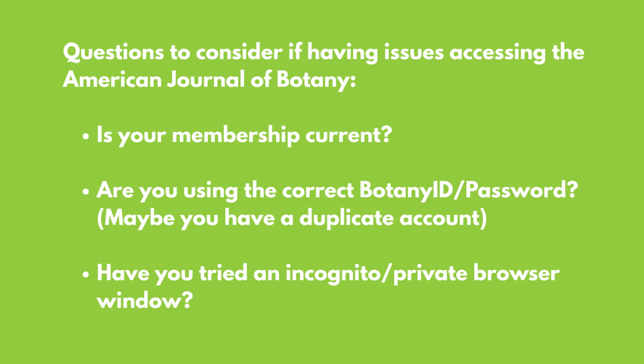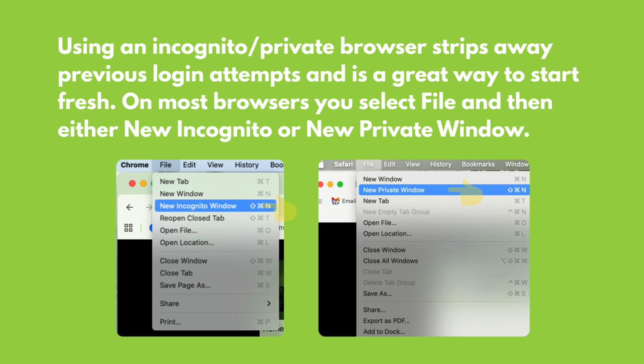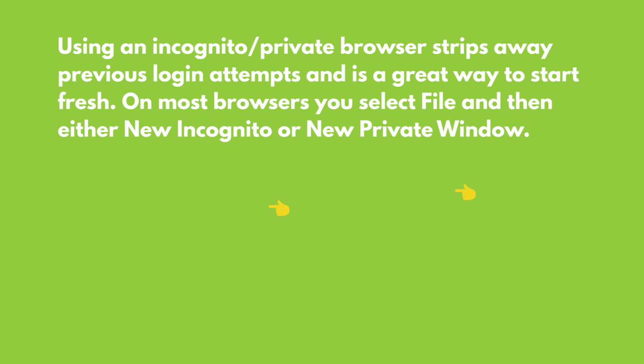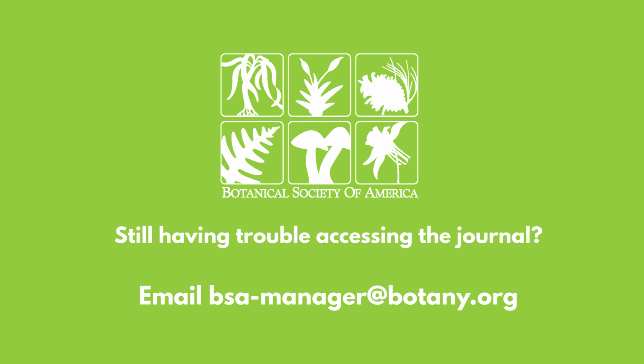If you are having issues accessing BSA journals online, you may need to confirm that your BSA membership is current, that you are using the correct ID and password, and you might also want to consider starting again using an incognito or private browser window. Using an incognito or private browser strips away previous login attempts and is a great way to start fresh. On most browsers, you select File and then either New Incognito or New Private Window. If you're still having trouble accessing the journals, please email